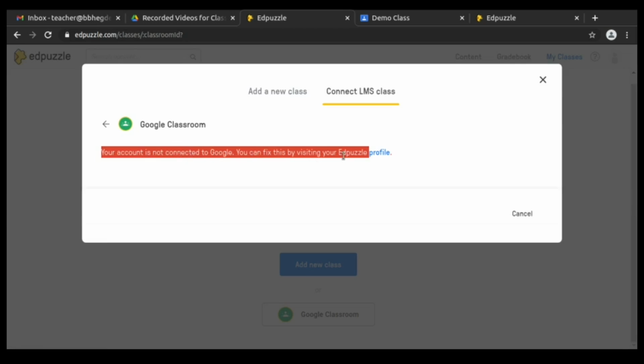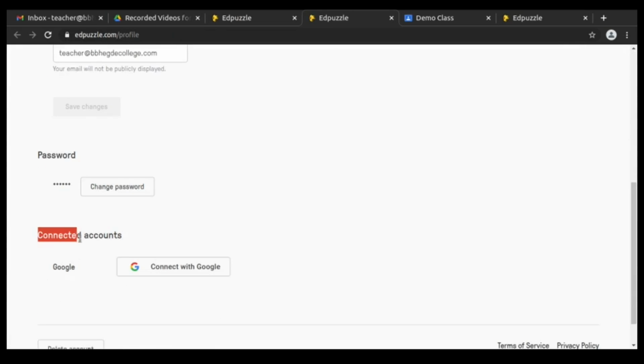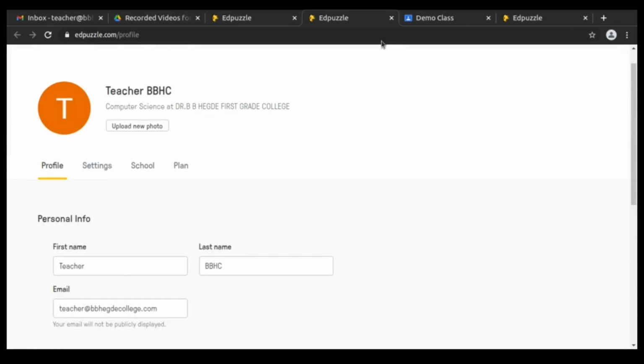You can fix it by visiting your Edpuzzle profile page. You can note that you are not connected to any account. You can use Google, connect with Google so that I can connect my teacher account, or else when you log in, you can use the Google account to log in. Both cases work fine.